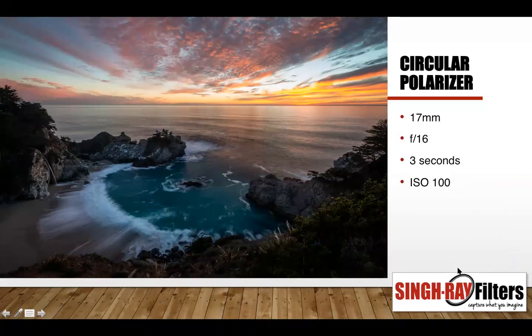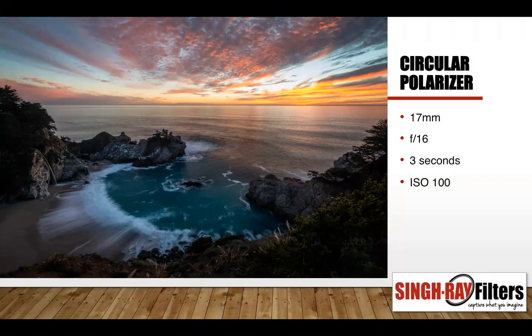This is another example of just using a simple circular polarizer. When you shoot really early or late in the day, you don't necessarily need an ND filter to get a longer exposure. Here I have a 3-second exposure, and there's a little waterfall on the left side, McWay Falls in California.